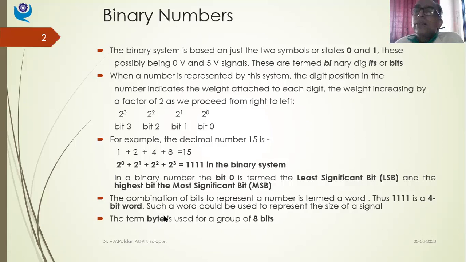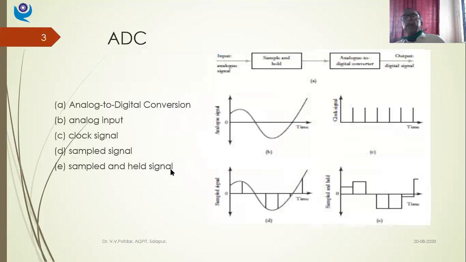And it goes on. 1024 of these bytes make 1 kilobyte. So likewise, you go on increasing the number: kilobyte, megabyte, gigabyte. Okay. So this was telling you about the binary digits involved in the signal. This is a brief recap. You must be knowing it. We wanted to refresh it for our further studies. Let us come back to our ADC.